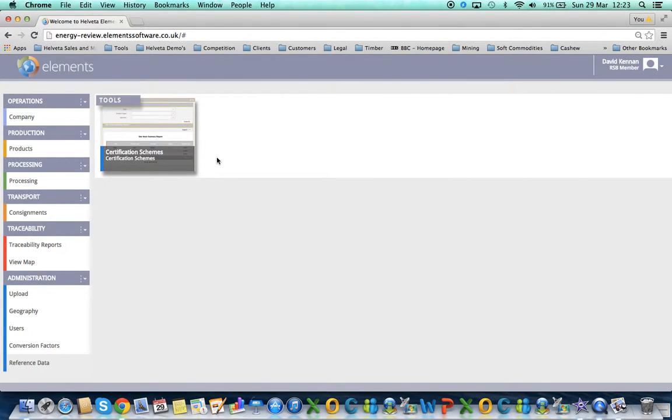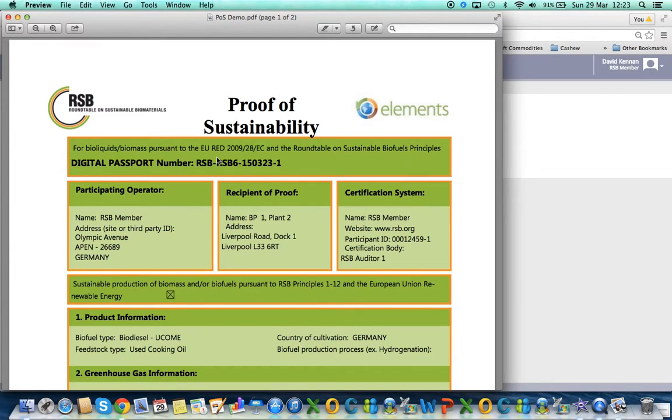Okay, so let's get back to our case study of the 9,000 kilograms of Eucomi that was sold to BP1. What will BP1 receive traditionally today? They'll receive a proof of sustainability certificate very similar to the one on your screens at the moment, detailing the participating operator and then the recipient of that biofuel. However,